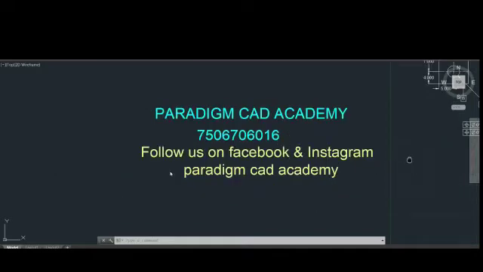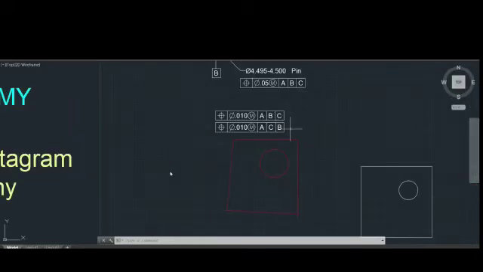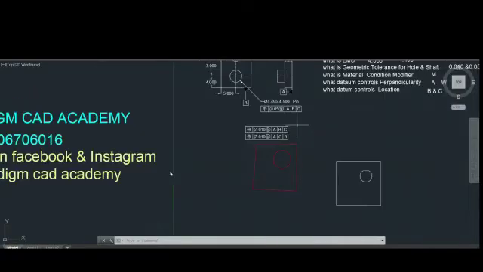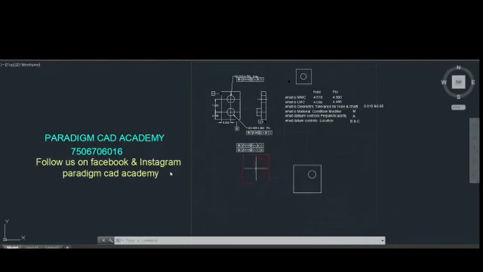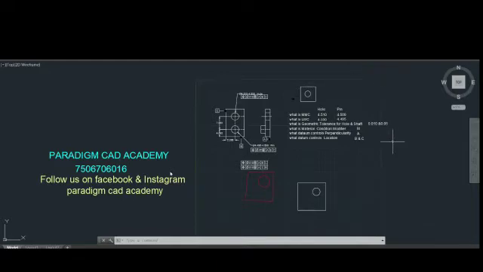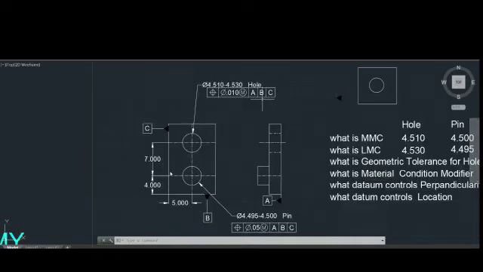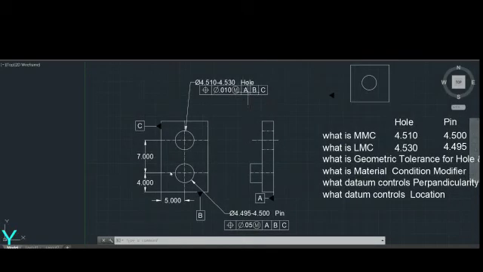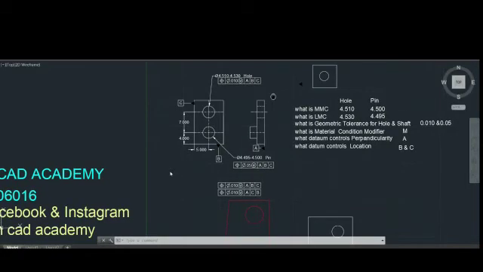So in today's session, we will be discussing the importance of datum planes in a feature control frame and their order, in order to properly assemble the part in a given assembly. In the previous video, we solved a simple numerical based on this drawing sheet, and while explaining things, I told you that the sequence of these datums, like primary datum, secondary datum and tertiary datum, is important because it will decide how the component is going to be assembled on a given assembly line.